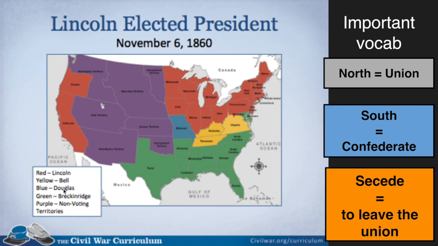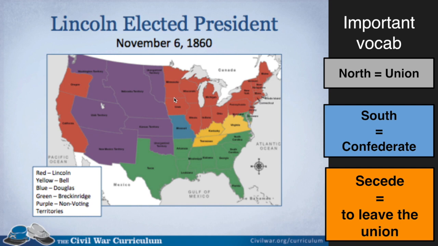Stephen Douglas was the guy that Lincoln was debating in our lessons last week. He only won Missouri. And then down in the South, this guy named Breckinridge was kind of the official slavery candidate. And he was running for president. He won all of these states. If you go and look at a map of elections in today's time, these states still kind of vote as blocks,